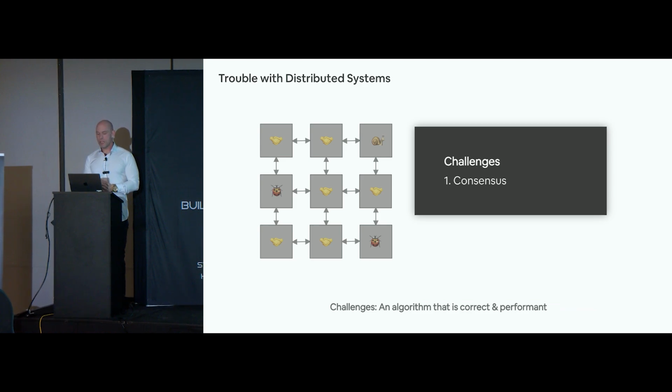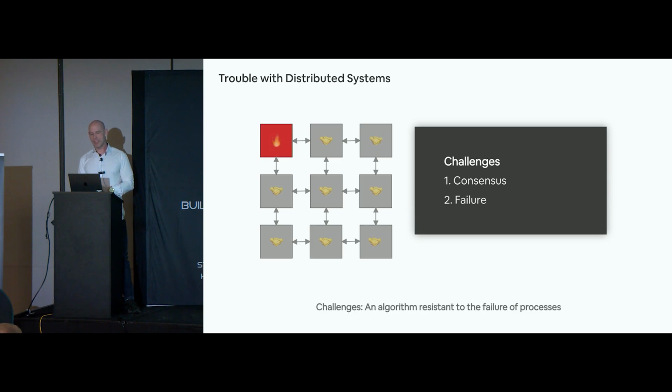One of the problems is, first off, we have to come up with an algorithm for consensus that is correct and can actually perform. So don't be thinking global locks that lock the state of everything independently and then we all do some sort of vote. That's not going to work. It has to be correct, and there's lots of things that we mean by correct. It has to be convergent and whatnot. It has to have all these different properties. It has to have no bugs, and it has to perform reasonably well for the system we're building. And that's very challenging. But that's not all we have to deal with.